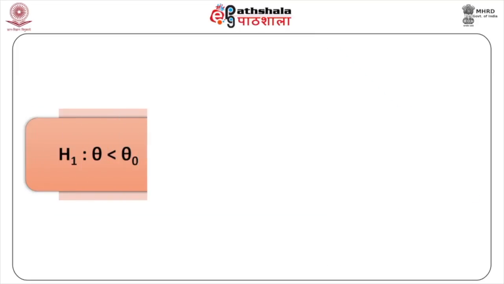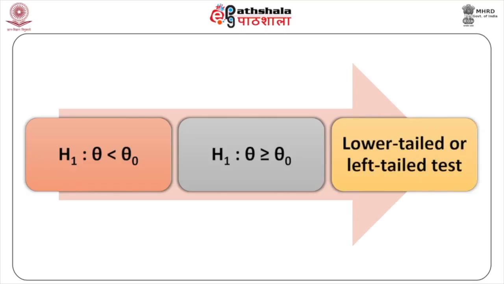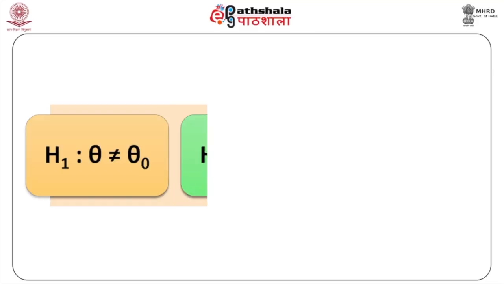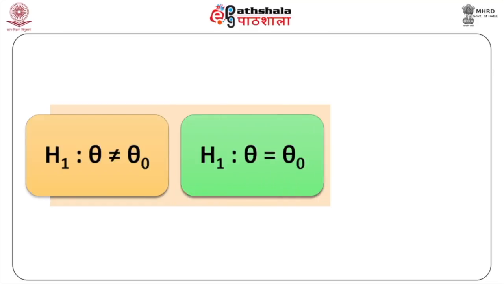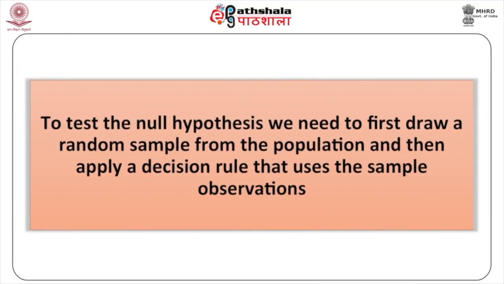H1: theta < theta naught, H0: theta ≥ theta naught, is the lower tailed or left tailed test. And H1: theta ≠ theta naught, H0: theta = theta naught, is the two-tailed test. To test the null hypothesis, we need to first draw a random sample from the population